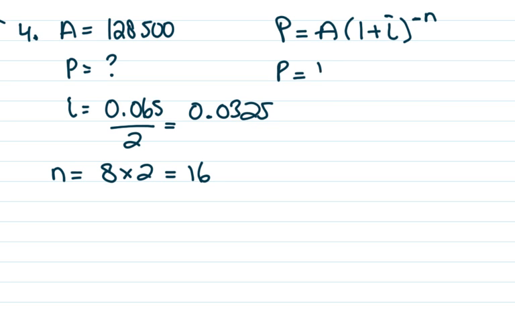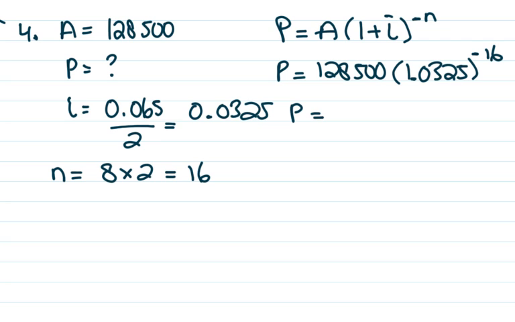P equals A is 128,500(1 + our interest rate of 0.0325), so 1.0325. n is 16, so to the power of negative 16. So first type in 1.0325 to the power of negative 16, and then multiply that by 128,500, and you will get